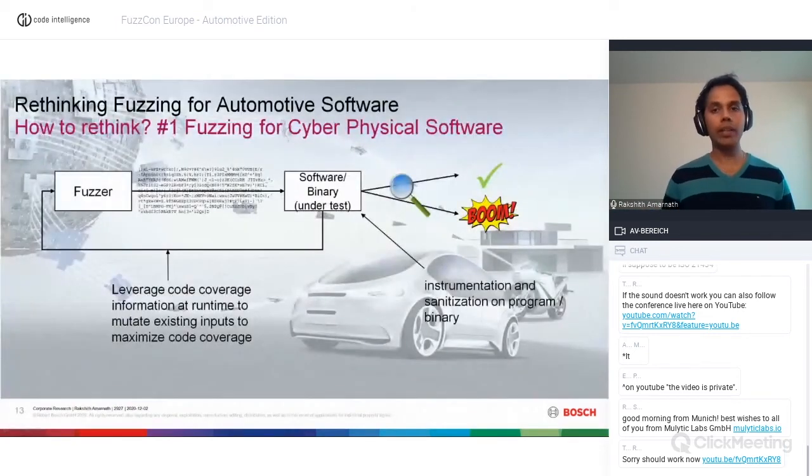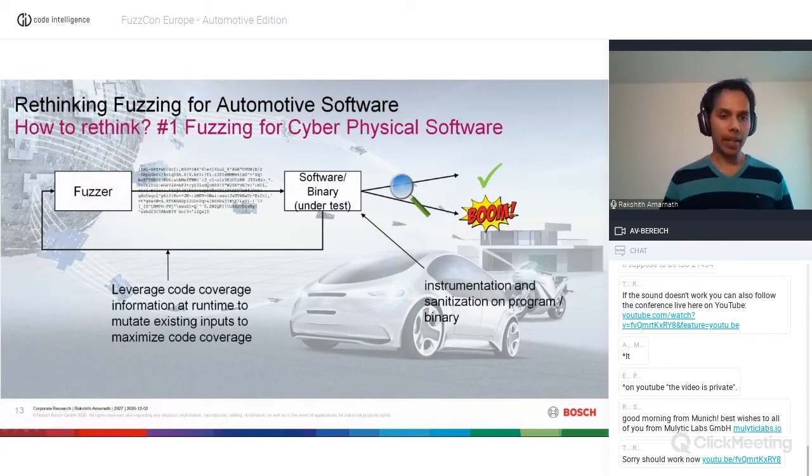The first one is the idea to rethink fuzzing in the context of software for cyber-physical systems. Typically, as you see here in the picture, a coverage-guided fuzzer will try to generate interesting inputs for the software or binary under test by instrumentation and sanitization techniques which are done on program or binary level.